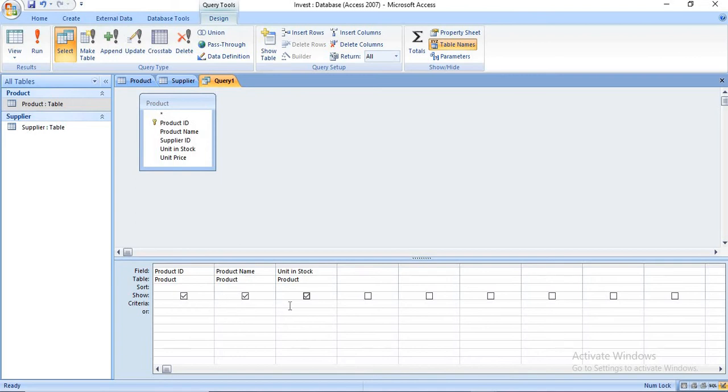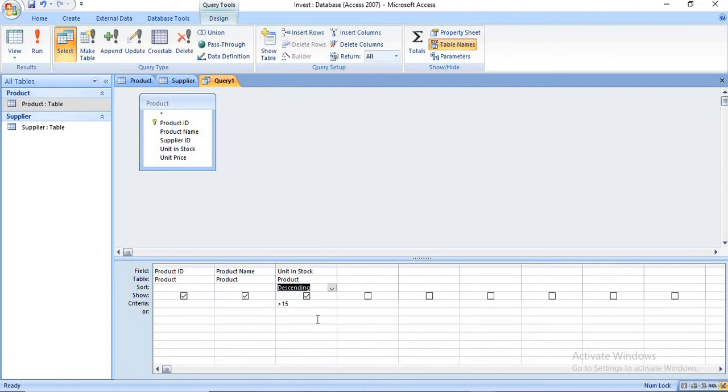In that criteria row, on the unit in stock field, we apply the criteria greater than 15. Just write greater than 15. Next, what is the sorting? This is your sort row. We have to sort in descending order. So just click on this drop down and select descending.